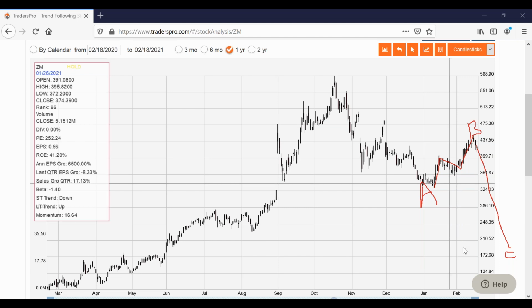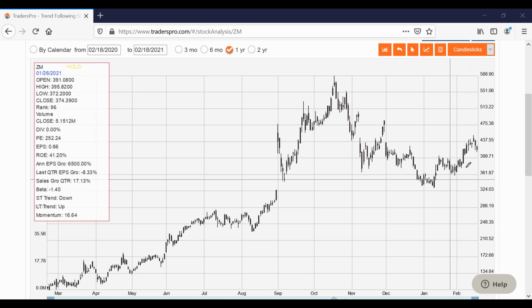If I was worried about that, but I recognize there's probably tremendous upside potential there, if I did enter a trade, I'd probably take this spot right here as my stop. You say, why not right here? Because if it trades in the territory of wave 1, it's still possible this could be wave 1, wave 2, and this could be wave 1 of 3. If that is the case, wave 2 of 3 can come all the way back down to the beginning of wave 1. It can't go below it. So there's still a possibility it could get down in this area and still be going higher.